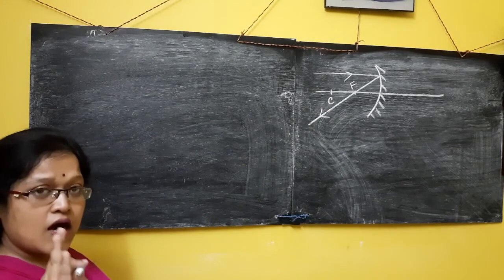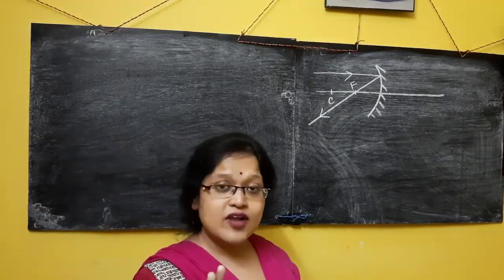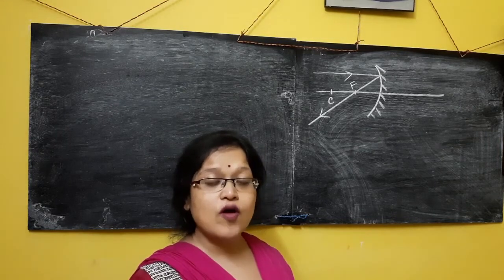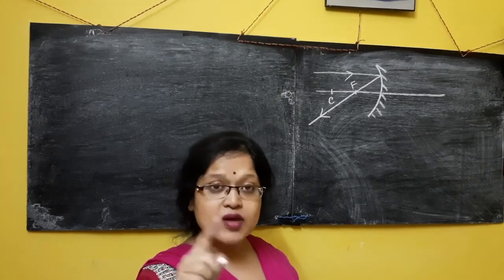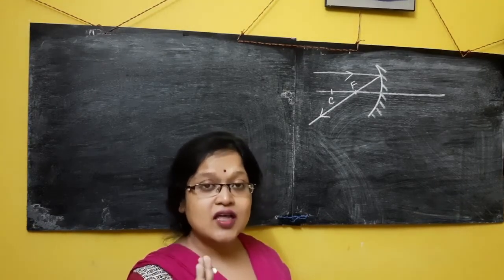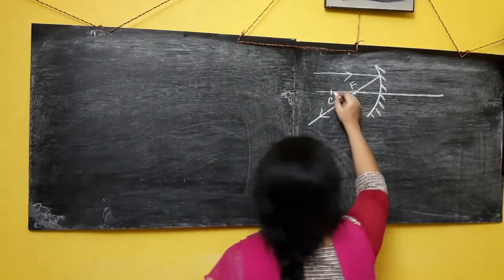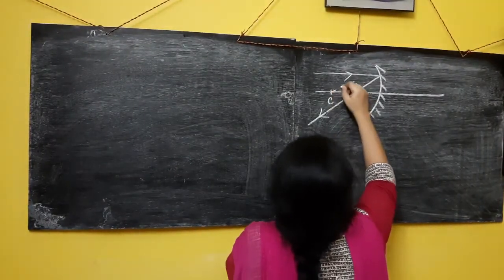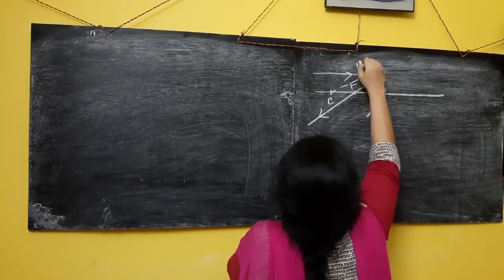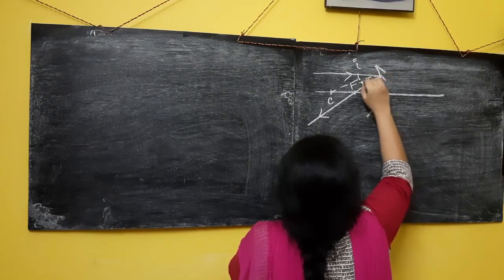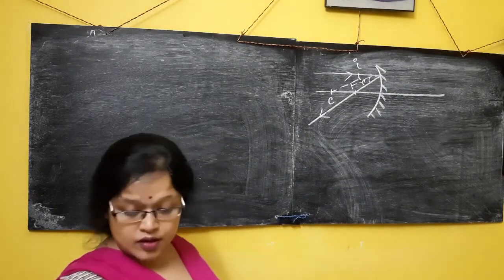Now we know that in the case of a mirror, it is always reflection. Reflection means I need to draw a normal. So from the radius of curvature on the arc of the mirror, if I draw a straight line, that will be the normal on the mirror. So from the radius of curvature's point, I will draw one normal up to here. This is my I, the angle of incidence. This is the angle of reflection R. Done. So let's make the labeling.